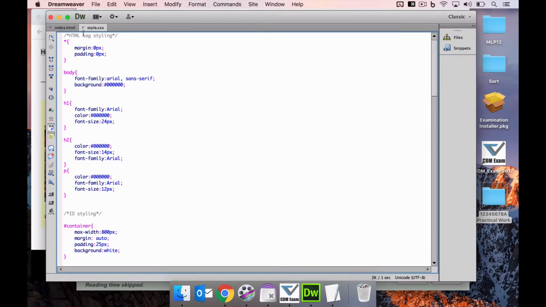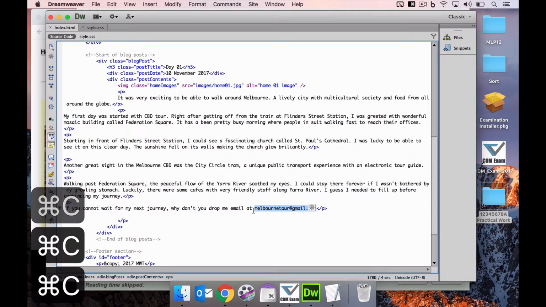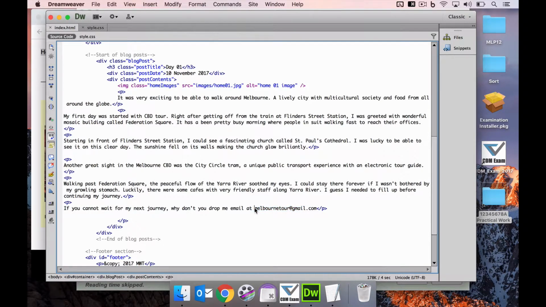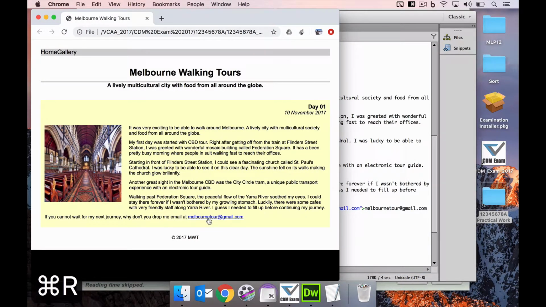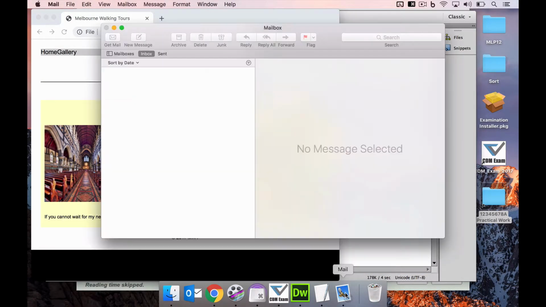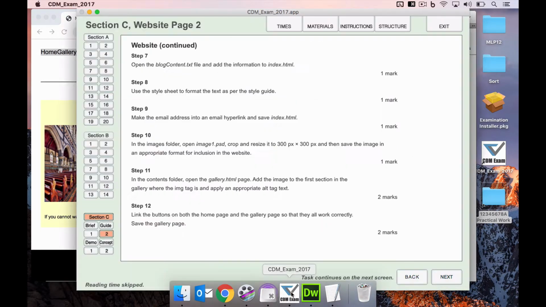Okay, that's super easy. Let's go back to here, and we know that the email address is here, the last paragraph. I'm going to copy that, and I'm going to surround it with an A tag, with a href, a mail to, and that's it. Save that, Command R. If I click on it, it should open a mail client, which I haven't got set up. So I just quit that. Perfect. So that was worth